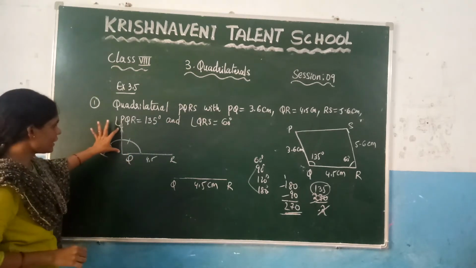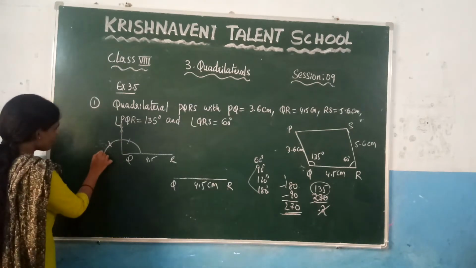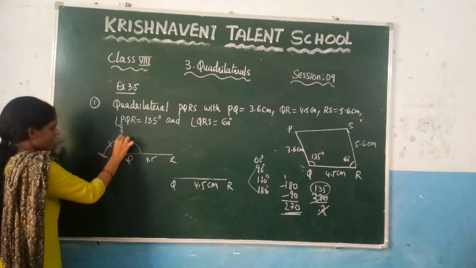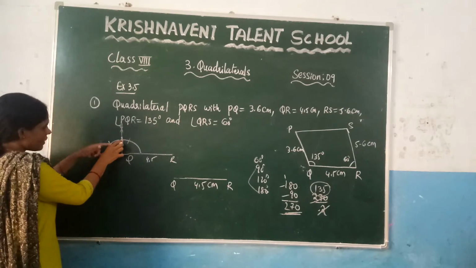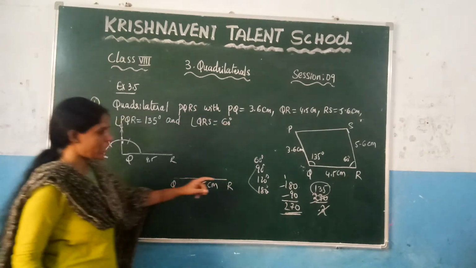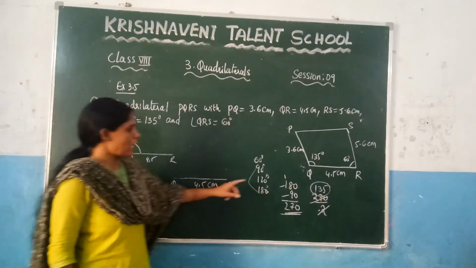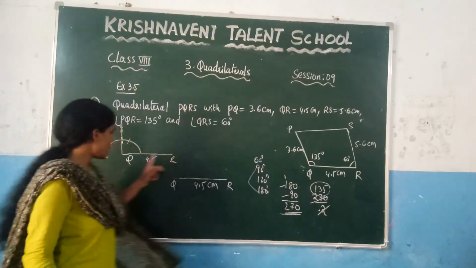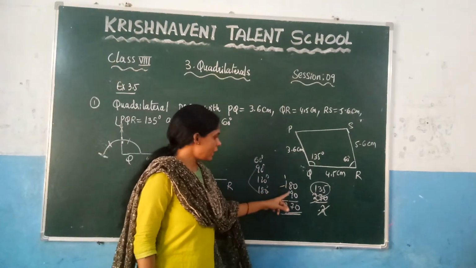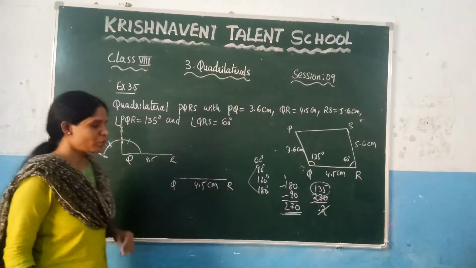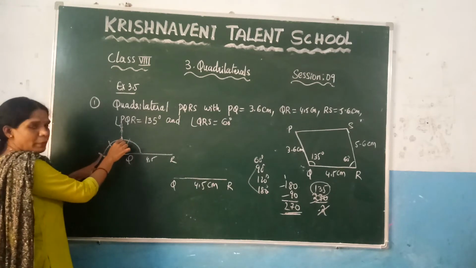And after drawing 90 degrees, you know that this is 90 and this is 180, right? Between this 180 and 90 you will get somewhere around 135. That only we have calculated. First you need to draw 90, and so we have constructed 90 here, and after that you need to draw 180, and you know that this arc is nothing but 180, and between 90 and 180 you will get 135 degrees. So in this arc and in this arc you need to draw one perpendicular bisector.